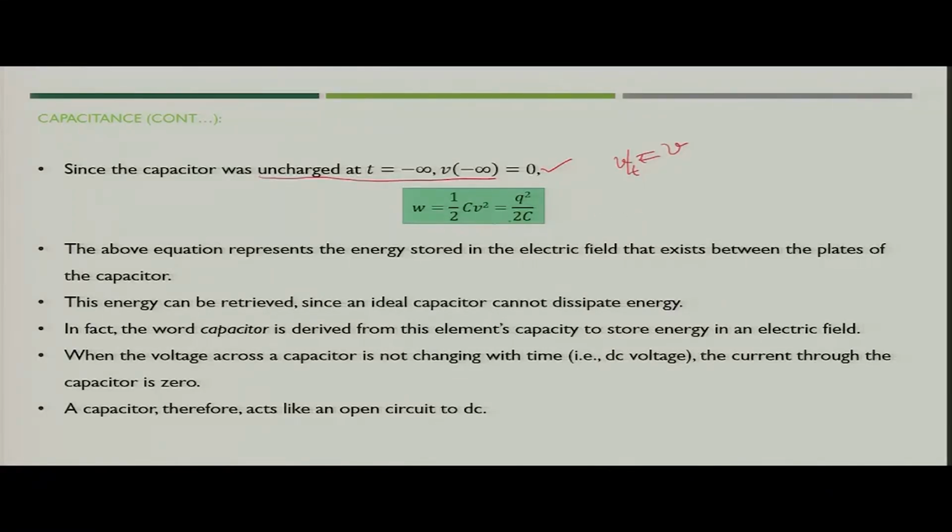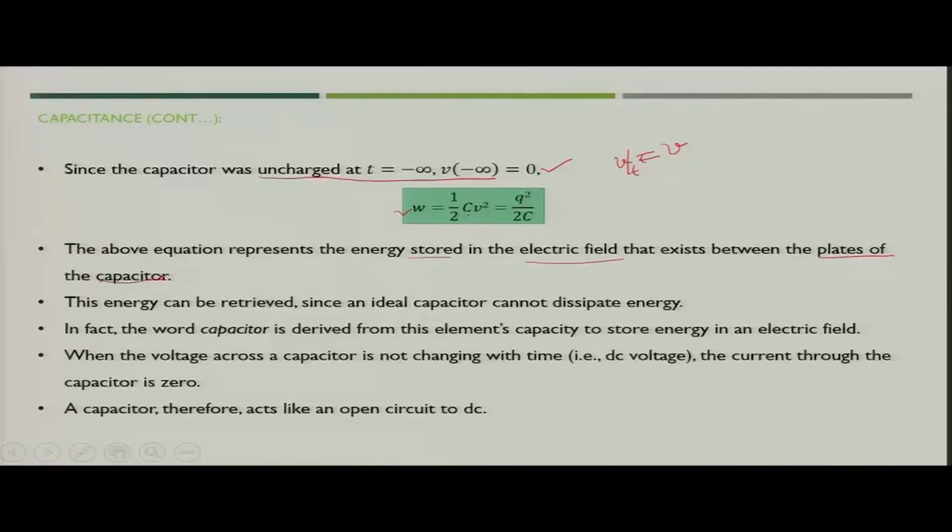So, your total value of energy W would be half CV square, or alternatively you can write Q square by 2C, because Q is nothing but C into V. So, using that particular formula also you can find out the value of energy W in terms of Q and C. Now, this equation represents the energy stored in the electric field that exists between the two plates of the